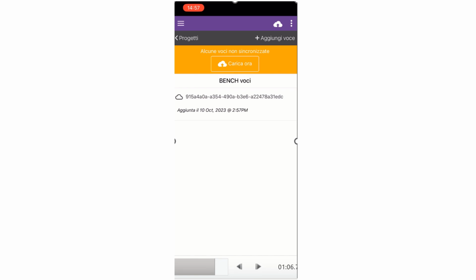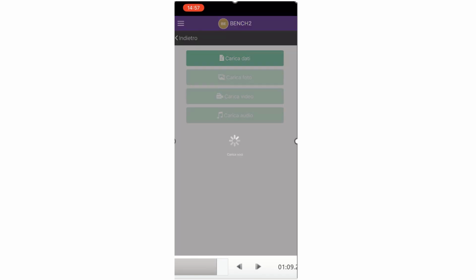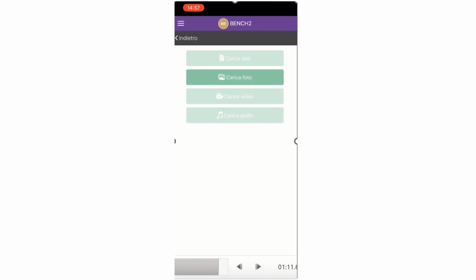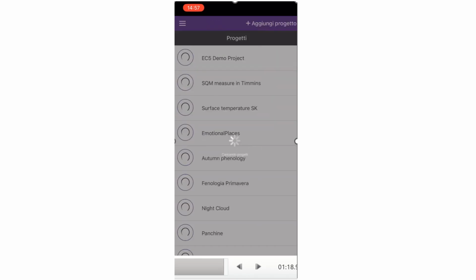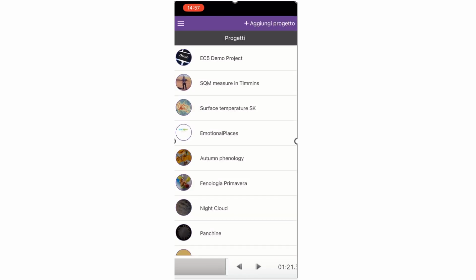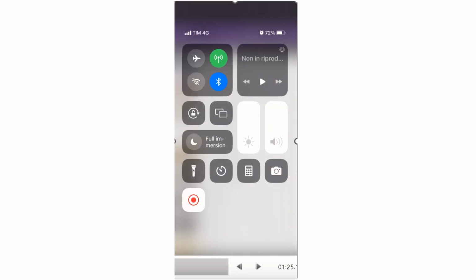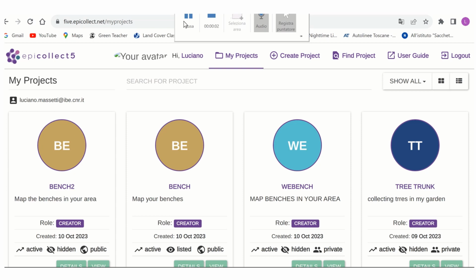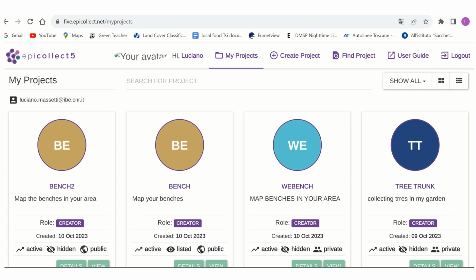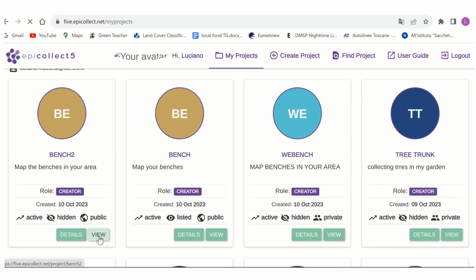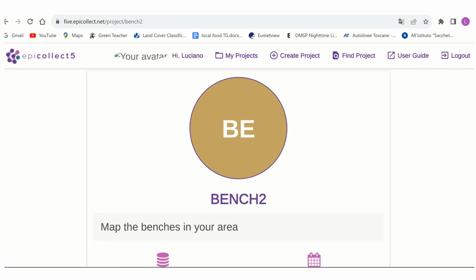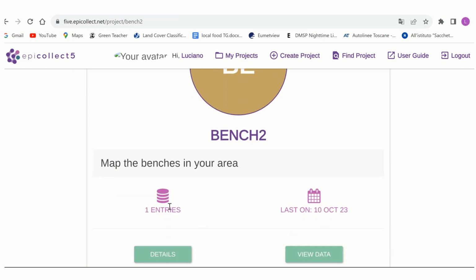Now my item is saved. There is a cloud that is white, but I can transfer the data to the web server, and now the data have been sent, and I can close the project. Any data that has been inserted in my project can be viewed on the website. So I go to my project, I select view, I scroll down, I see that there was one entry,